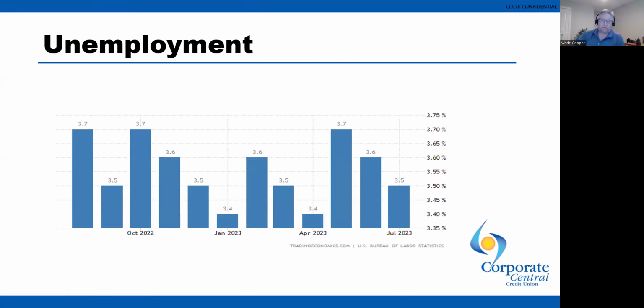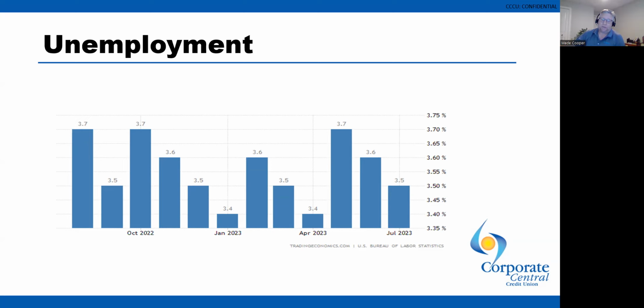So, if you look at October of 22, that's when the inversion happened. We were sitting at 3.7% unemployment, but inflation was still at 7.7. So they had to keep raising. They have all the data, so they had to keep raising, and raise they did. But the unemployment is staying pretty steady.